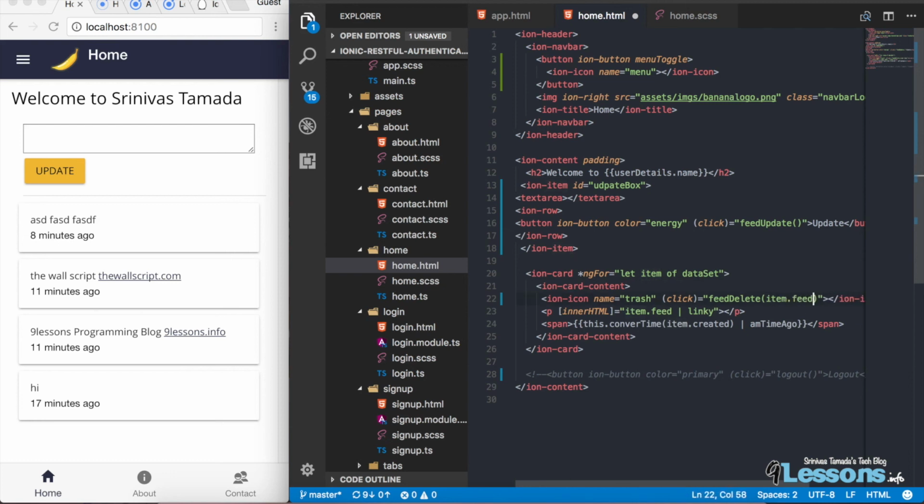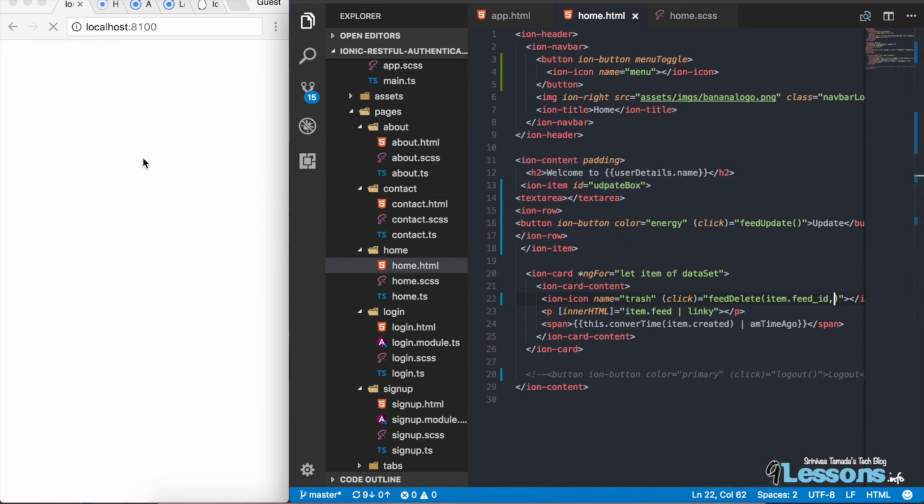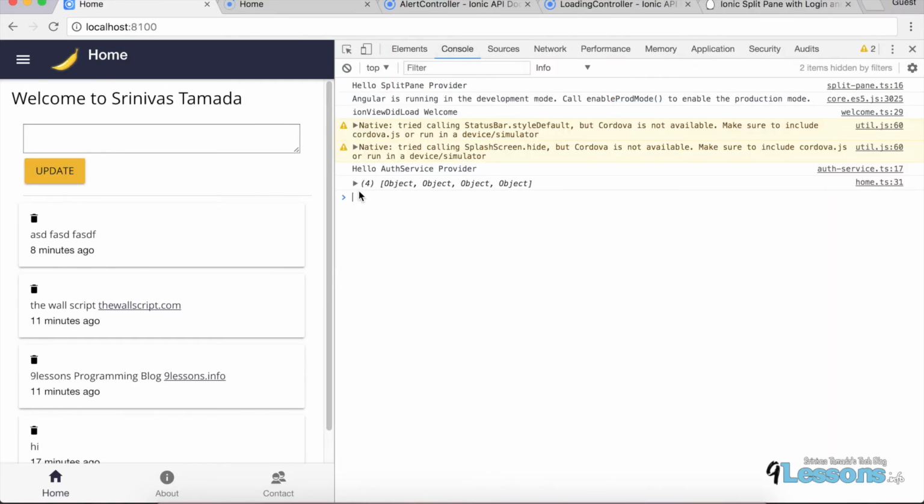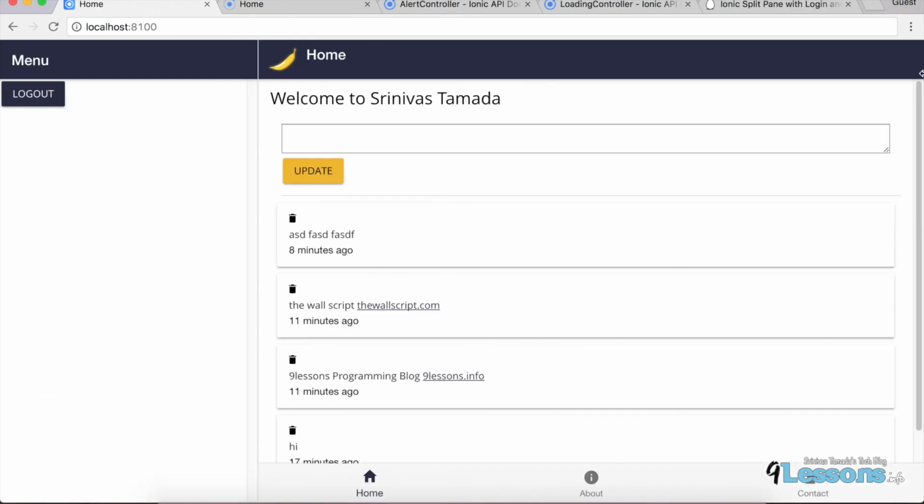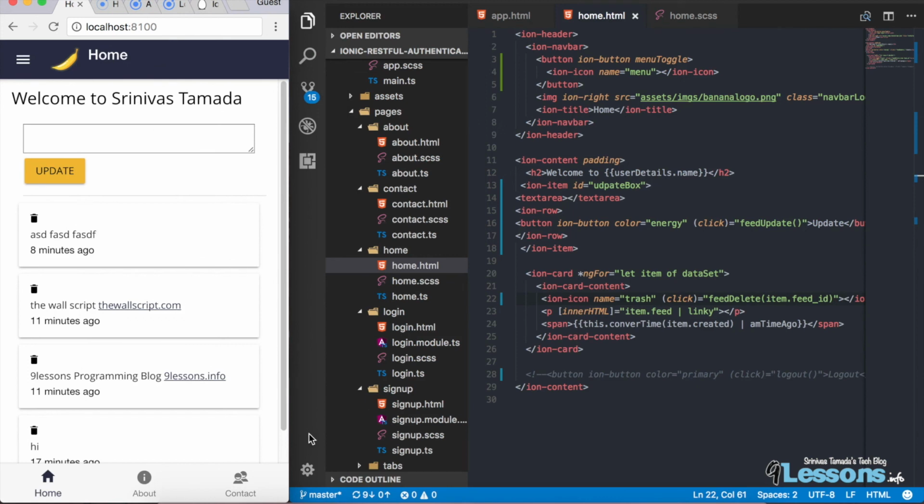dot feed id, because this set is giving it. I'll just show you here, if you check the feed response, this is what the feed is, and you will get the feed id as well. So this is the feed id, and based on that you can directly check that. So yeah, the icon and the click action we have also written, so we can move